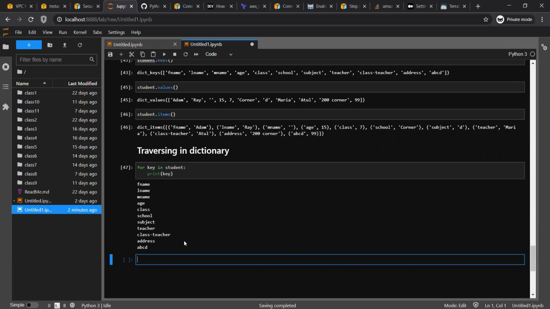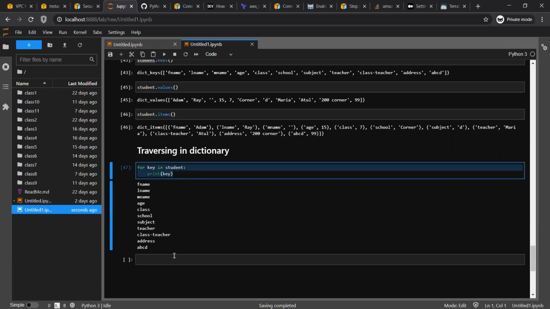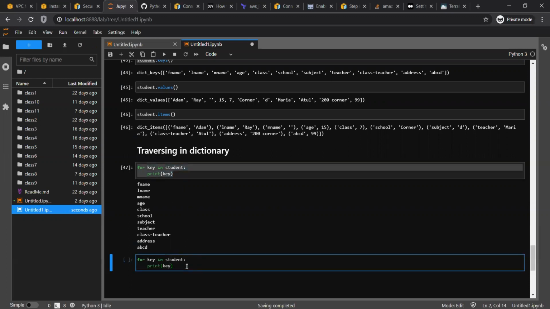By default, it will return me all the keys. Now I want to know the value for a particular key. So can anyone suggest what I have to modify to get the value of that key as well?